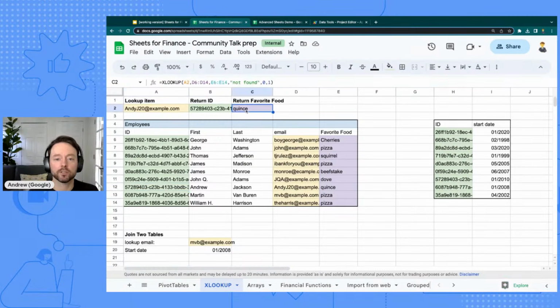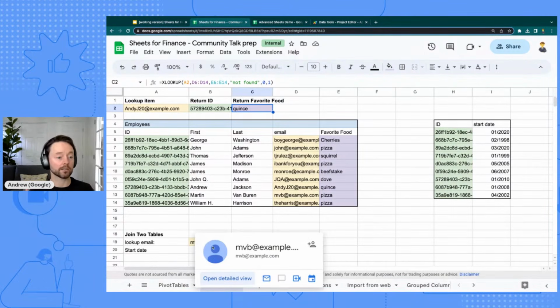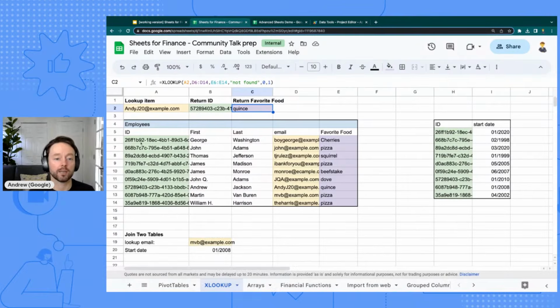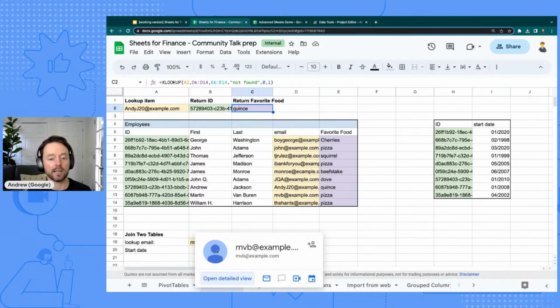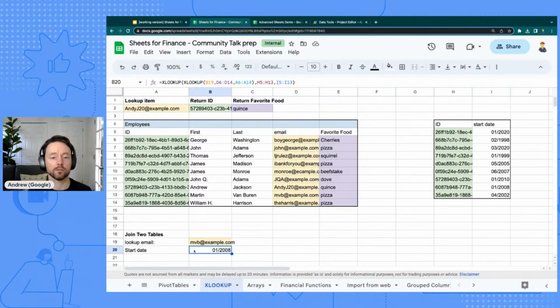We also have a similar example here. So we're returning in this one the values from E. And then one thing that may not occur to people is you can actually join two different tables with these XLOOKUPs. So if you have your table over here, someone gives you an email address and they say, I actually want to figure out what their start date was. Well, you have to first look up what's the ID, and then you use the ID to look up the start date. So you can actually combine all of that into sort of a double VLOOKUP, a nested XLOOKUP